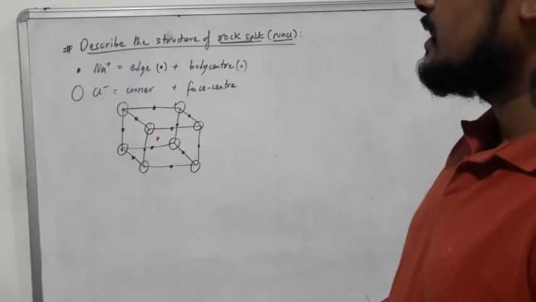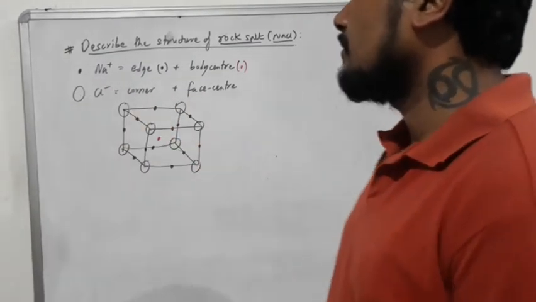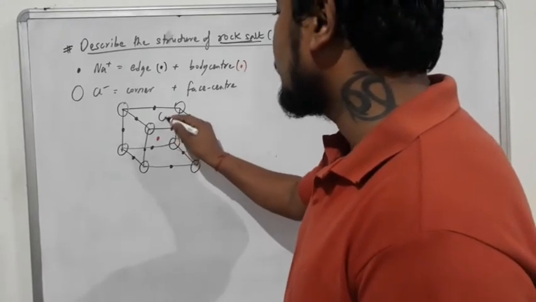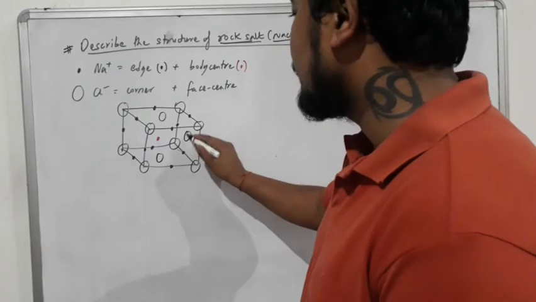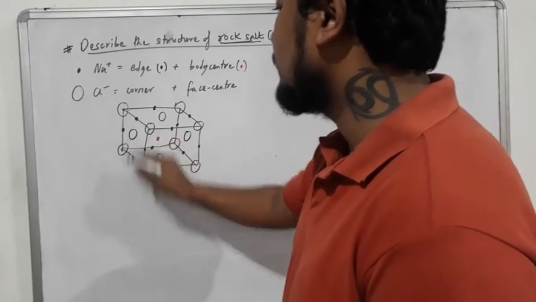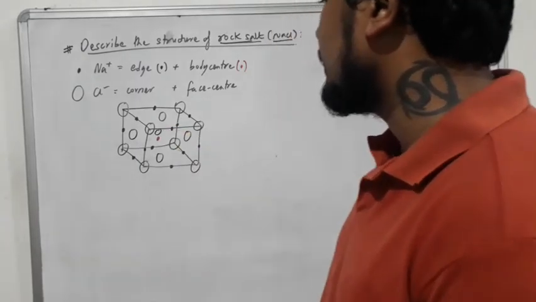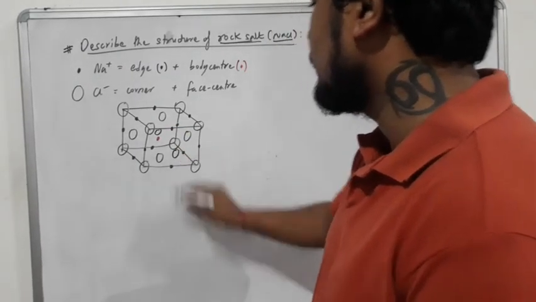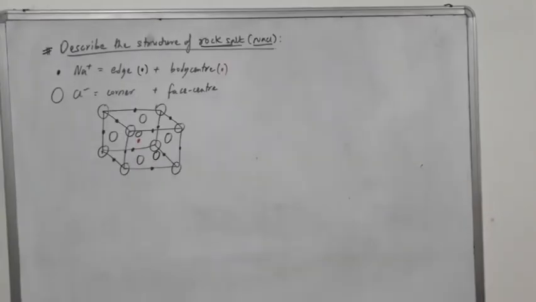Now how many faces are there in a cube? 6 faces. And in the center of the faces also what is present? Chloride ion. So for upper face this is the center. For down face this is the center. For right face this is the center. For left face this is the center. For the back face, suppose let us consider this as the center, and the front face let us consider this as the center. For front face, okay. So this is the location of